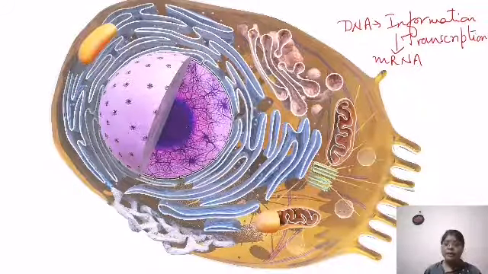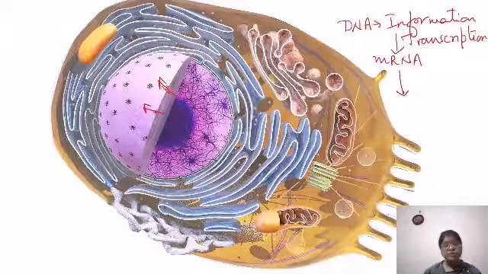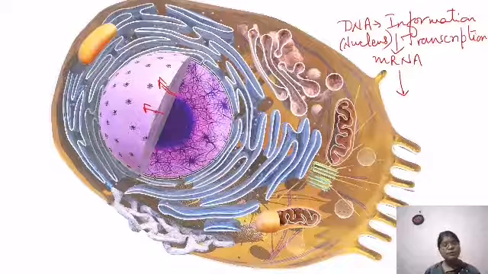This messenger RNA moves out from the nuclear pore. This transcription takes place in the nucleus, and from the nucleus it moves out in the form of messenger RNA